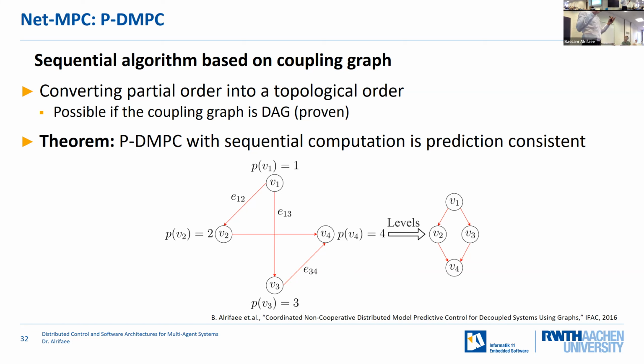If the network is time invariant, we are done, and the agents can compute in parallel if they have priorities. If the network is time variant, then we need to compute it sequentially. And again, you can say, now we are getting back to the sequential computations. It takes a lot of time. What can we do? So we're looking at our system,